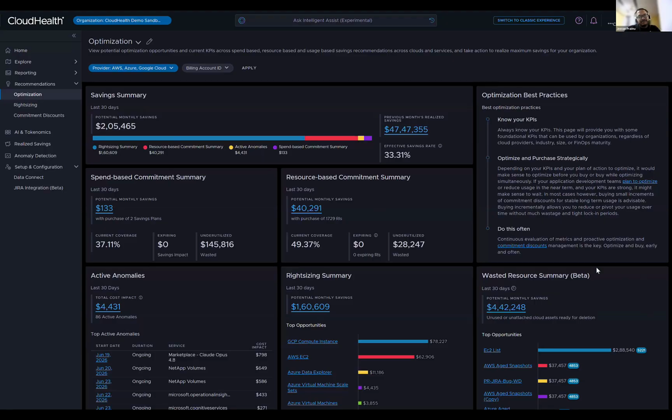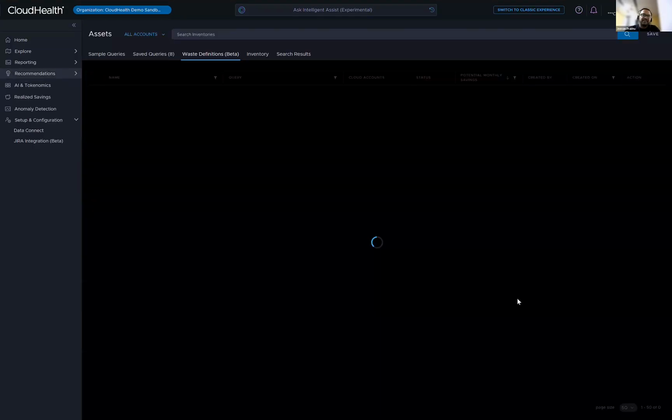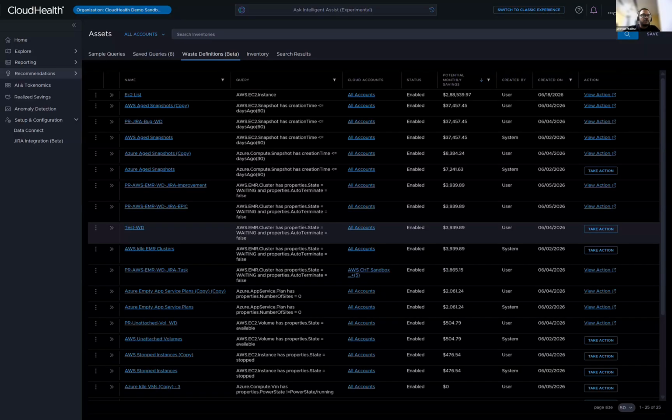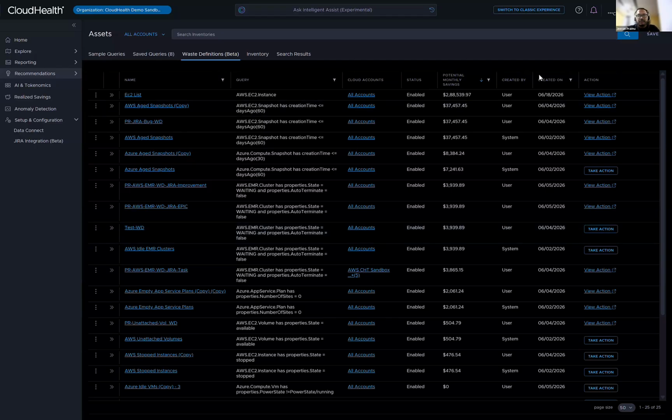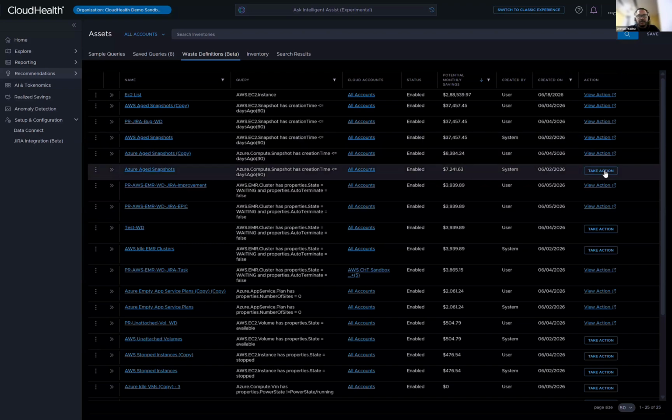And this is the wasted resource summary I was mentioning, which is open for beta. The flow would be extended to every context here. So you would look at total waste opportunities and the top resources which are incurring waste. And you can also see the count here. Then once you drill down, you'll be taken to a context. This context right now is asset property based waste. Eventually, for downsizing, you'll be taken to the downsizing recommendation. For RIs, you'll be taken to the RI recommendation so that you can proceed with action. So this is where you will see waste definitions and take action.